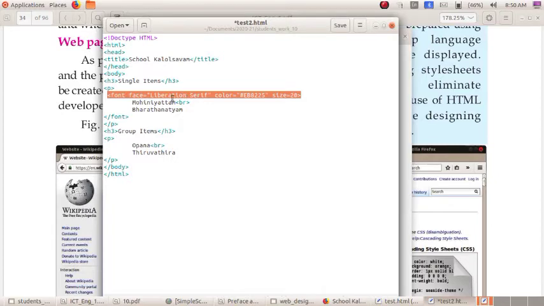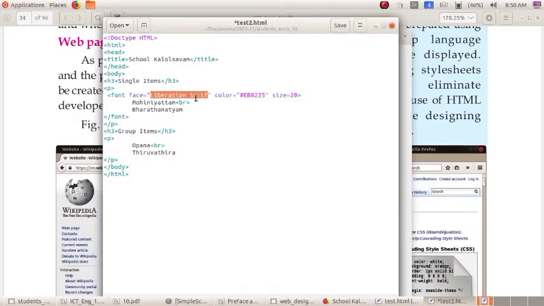Here I have given Liberation Serif as the font face. So type font, then face equal to, put an equal to symbol, then type the font face inside the double quotation marks.